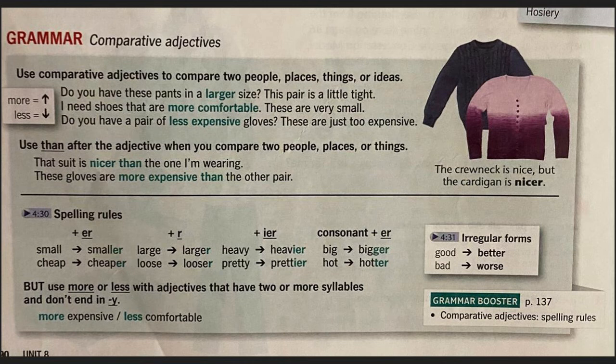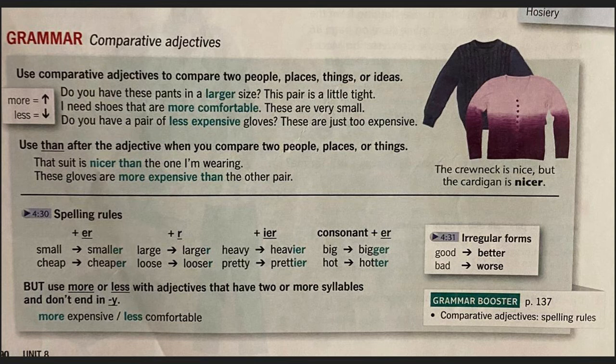For example, the comparative adjective for small, we have smaller, right? For cheap, we have cheaper. For large, we have larger. For loose, we have looser, and a lot of